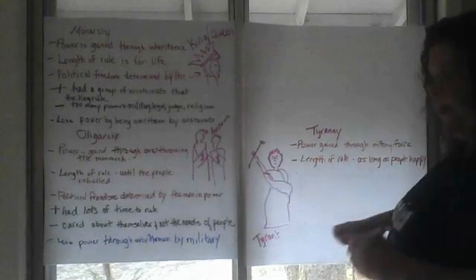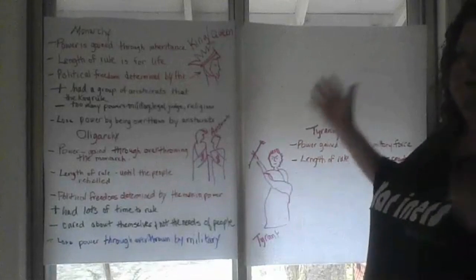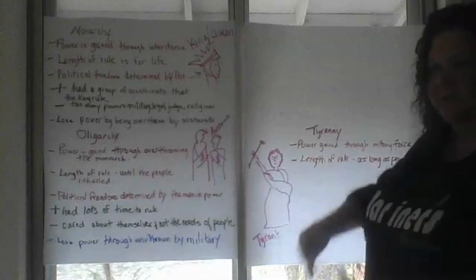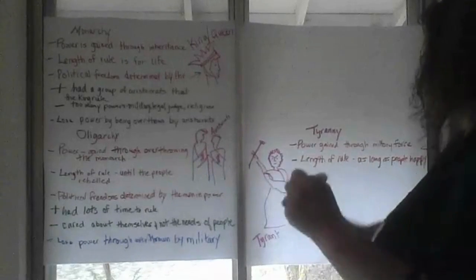So there became a pattern of tyrants doing what they wanted to do until people got so fed up, they gathered a different army and took over from that tyrant. And then usually another tyrant would take the place.